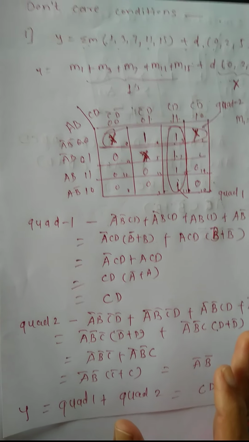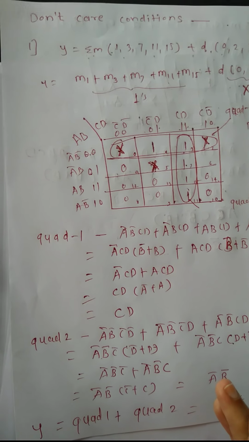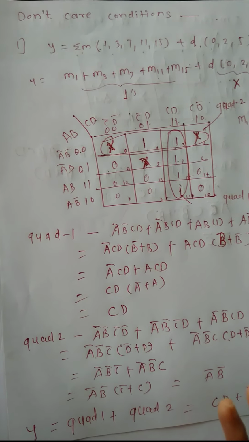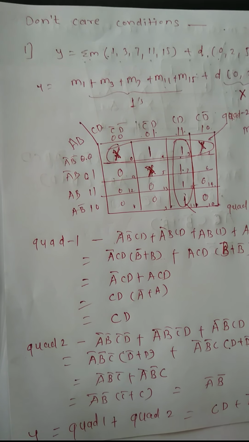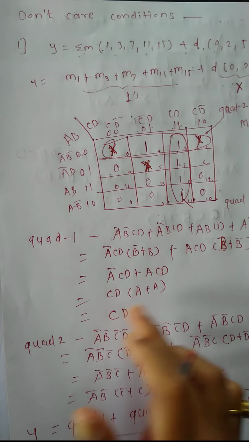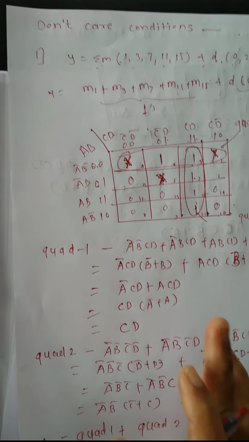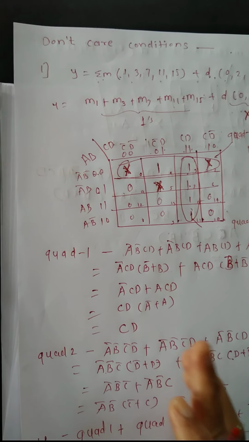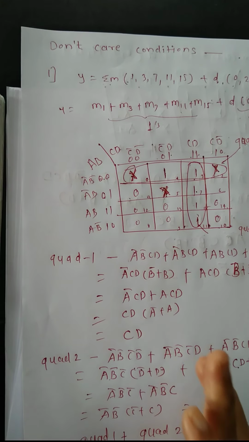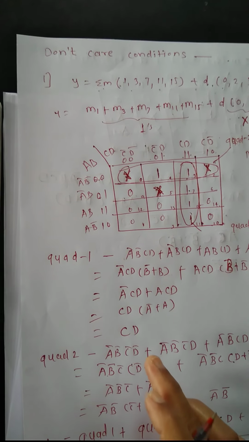Next lecture we study the designing of digital circuits, that is half adder, full adder, multiplexer, demultiplexer, and these circuits we study in the practical. These are examples of combinational circuits, and those combinational circuits we design by using K-map simplification.